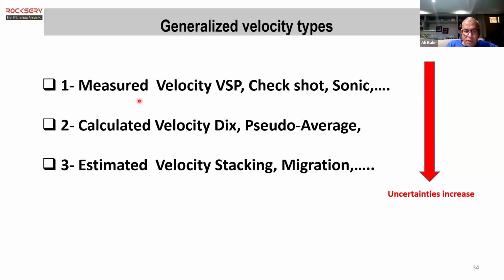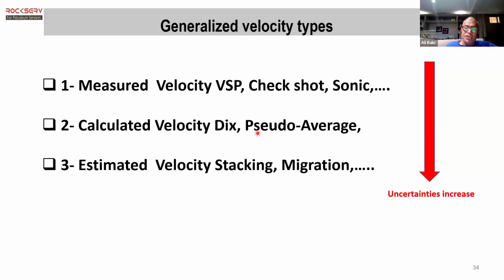Then the second is what we call calculated velocity. You have the simple equation of the velocity with the time and the depth, a very nice relation. The distance is equivalent to the time times the velocity. The distance in our case is the depth, and the time is the one-way time to the target, and then what we call calculated velocity uses calculation. And actually, I can guarantee that 80% of the explorationists are using what we call pseudo average